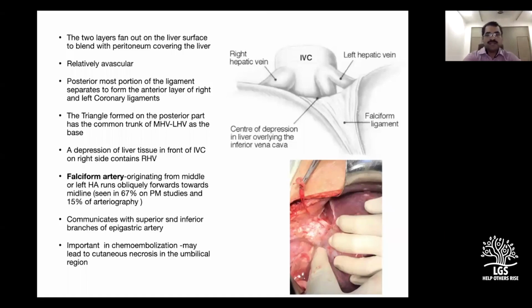In around 15% of patients, we will see a falciform artery, because this falciform artery is a branch of the middle or left hepatic artery, and it connects with the epigastric arteries. So if you do some chemoembolization, there may be necrosis around the umbilicus in these patients. So you have to be very careful in doing this sort of treatment in patients with a persisting or a